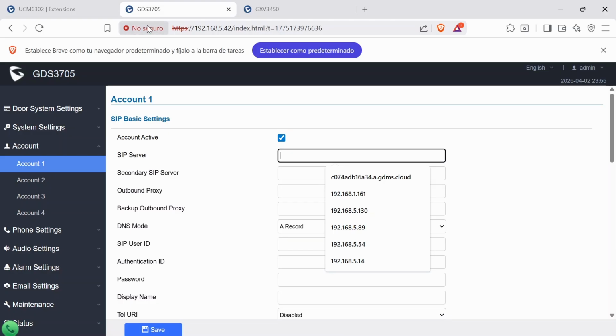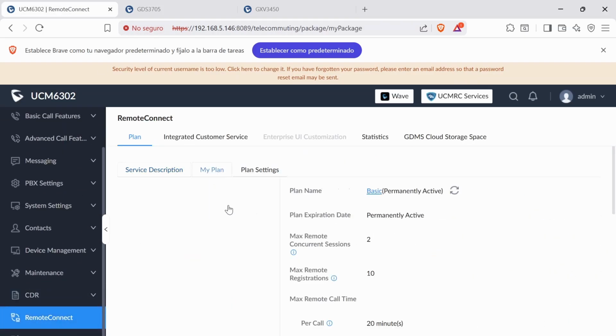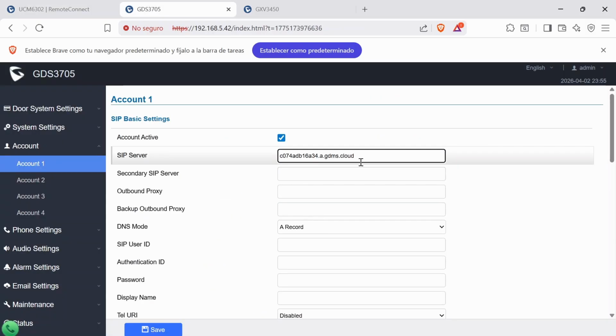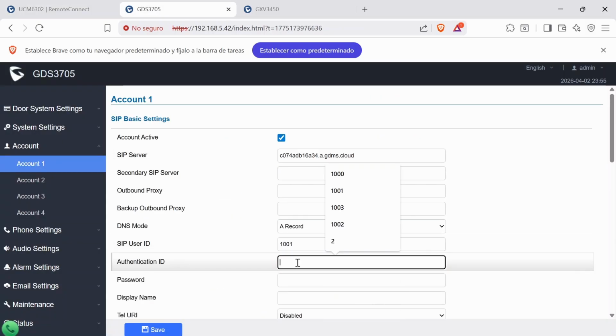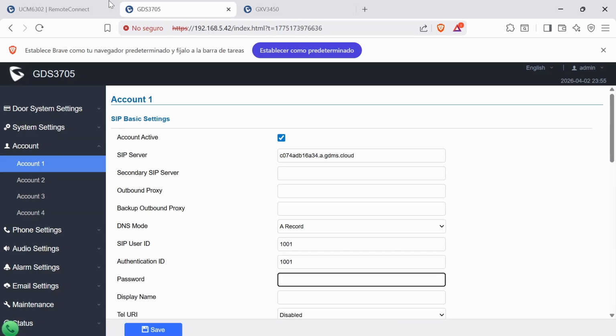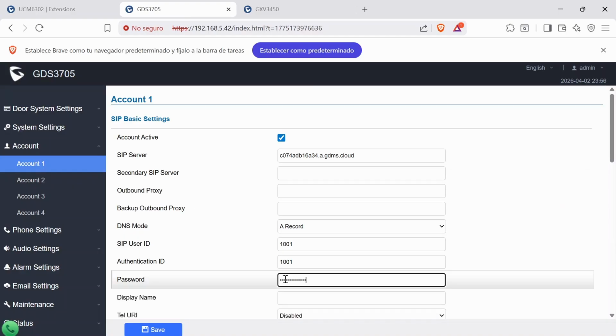This IP server should be the domain so it remains remote. We take it from the Remote Connect tab under My Plan. Copy this domain, go back to the GDS, paste it, enter 1001 for the user ID, and 1001 for the Authenticate ID as well. For the password, we copy it again, enter 1001, copy the password, and paste it into